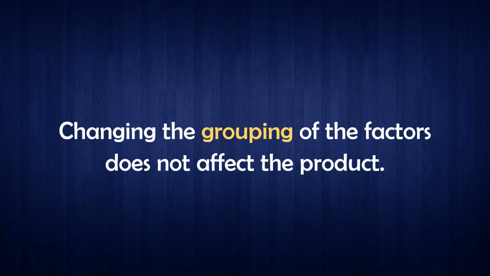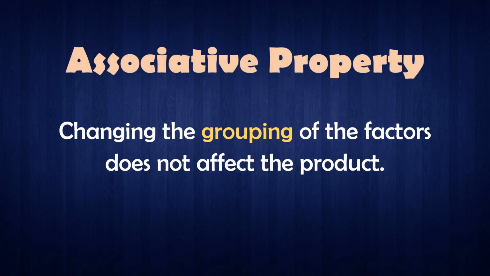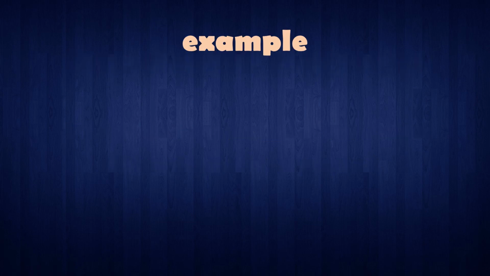Now let's have the associative property of multiplication. It states that changing the grouping of the factors does not affect the product, which means that if we want to multiply any 3 or more numbers together, the answer will always be the same, irrespective of the order in which we multiply the numbers. For example,